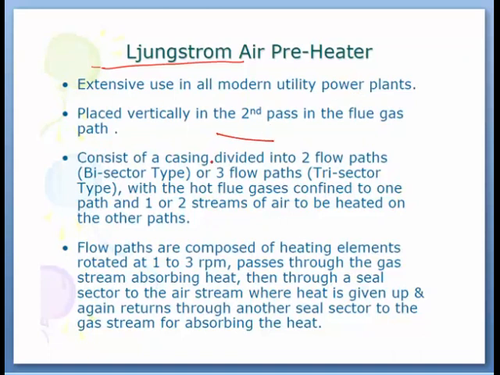It consists of a casing divided into two flow paths if it is a bisector, or three flow paths if it is a trisector. Already we had discussed this earlier. The flow paths are composed of heating elements, and generally the rotation speed is very slow, so that it gives the time for heat transfer. It passes through the gas stream absorbing heat, then through a sealed sector to the air stream where heat is given up, and again returns through another sealed sector to the gas stream for absorbing heat. Means this process is going on in